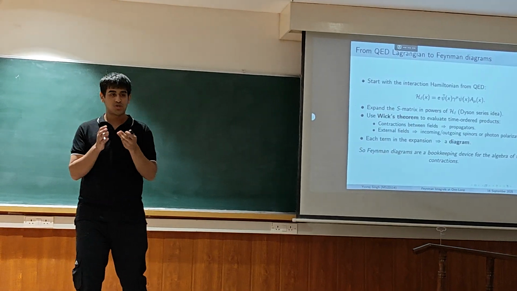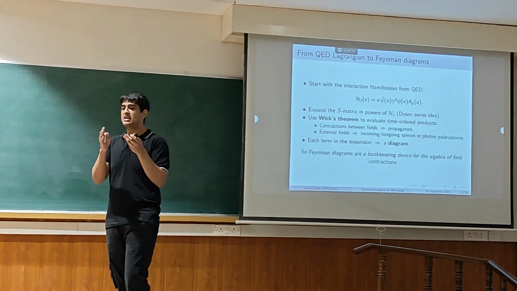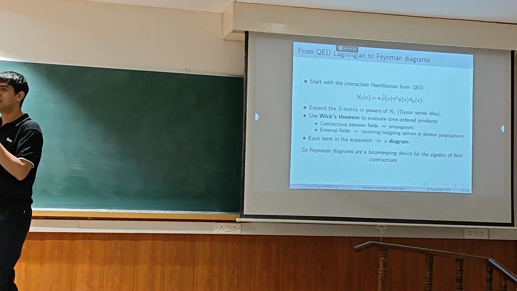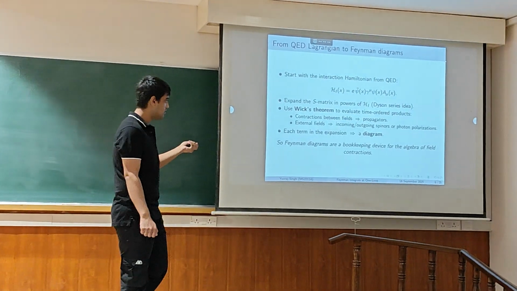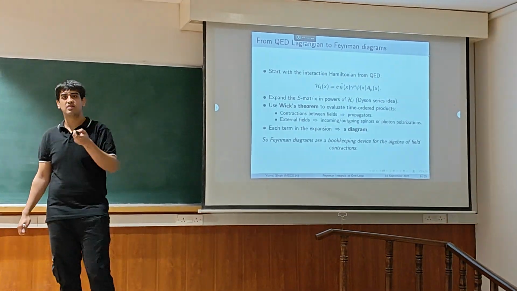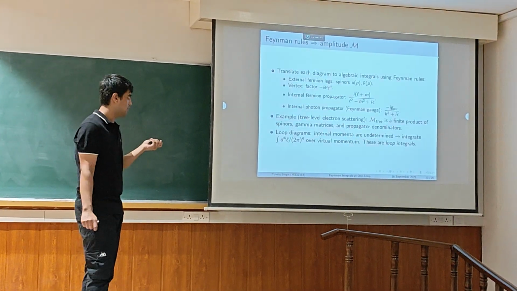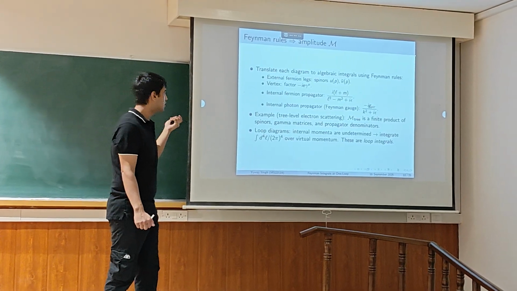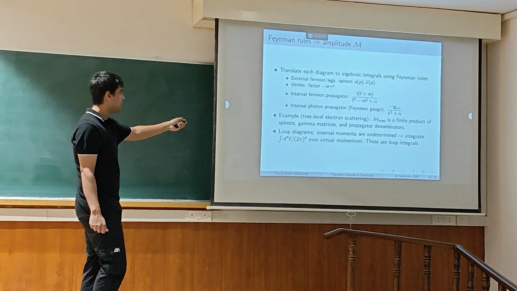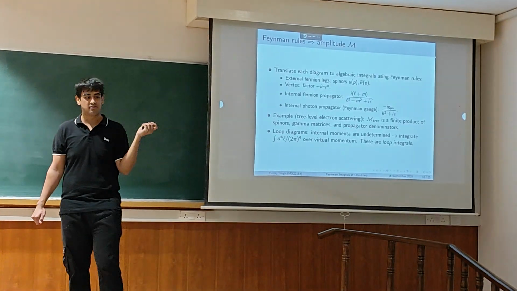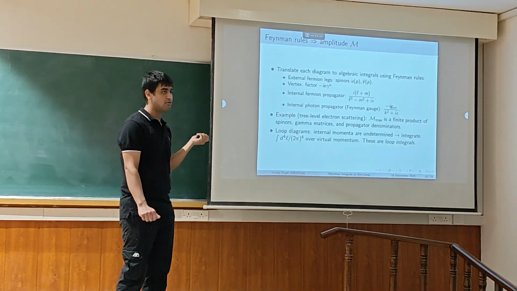Feynman used his Feynman rules, and he was able to show these integrals in the form of his Feynman diagrams. So it acts as his bookkeeping device. Instead of writing the whole Dyson series and the integrals, we can write all of those in just the Feynman diagrams. So these are his Feynman rules for all the propagators, the external leg, the internal leg for muon and photons. According to this, we can convert our Dyson series to our loop diagram or any Feynman diagram.